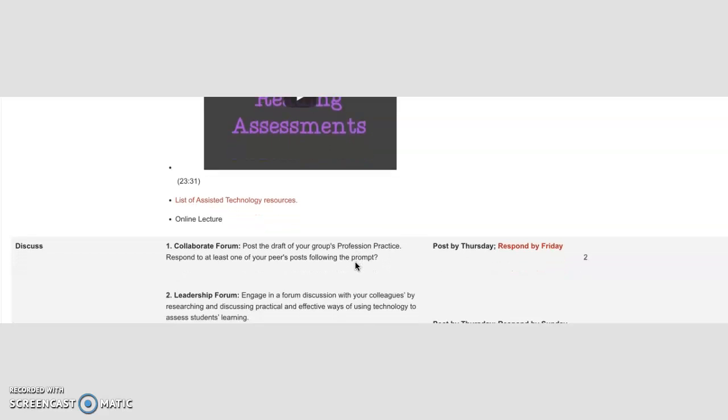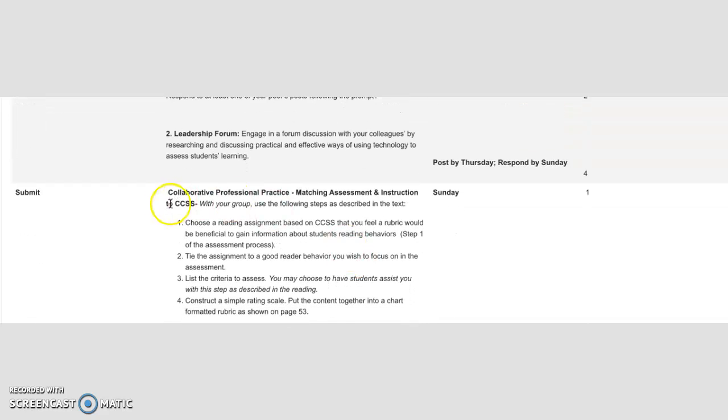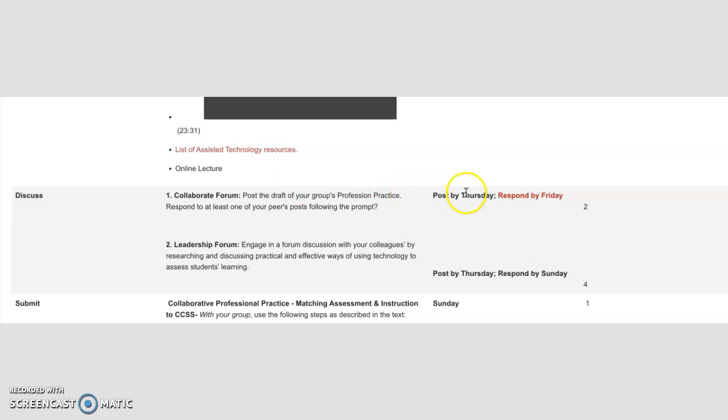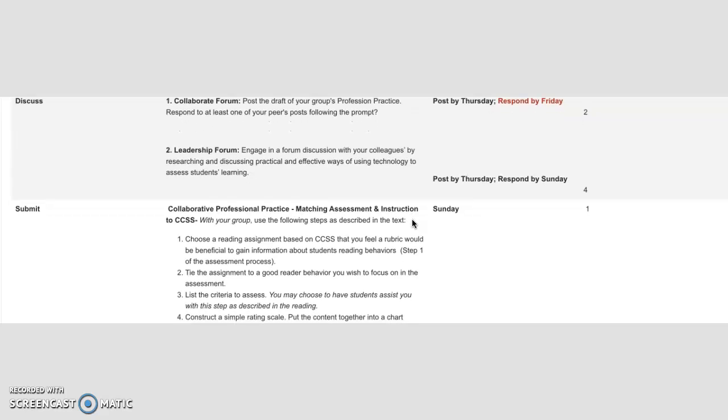So as before, I encourage you to start first with a collaborative professional practice working with your team. There are 4 steps that are guided through using the textbook and the resources. So start with the directions, go to the rubric, and set up early time to work with your group. Your draft of your professional practice is due on Thursday. You're responding individually to your peers' posts by Friday, so your group can collectively come back together to post their